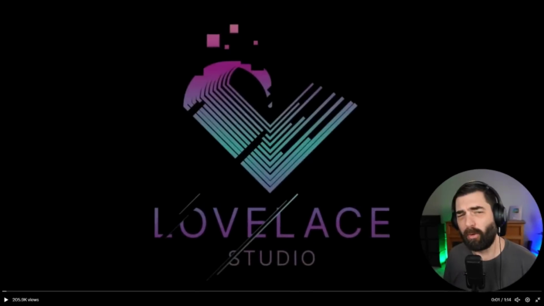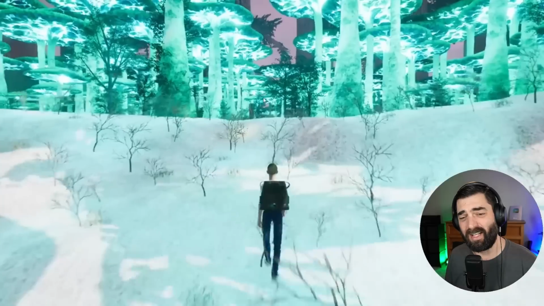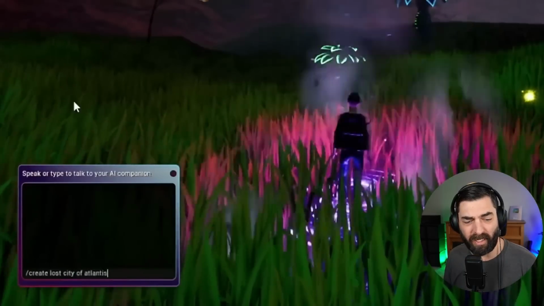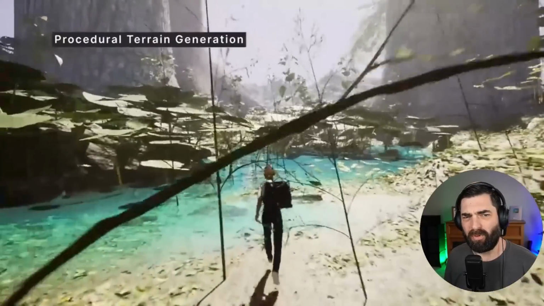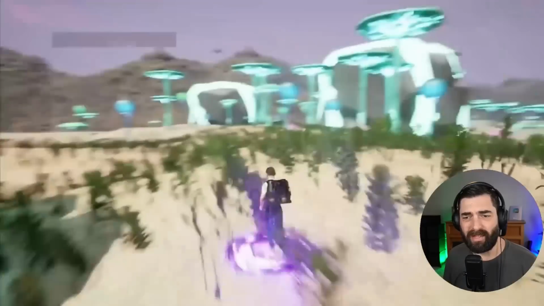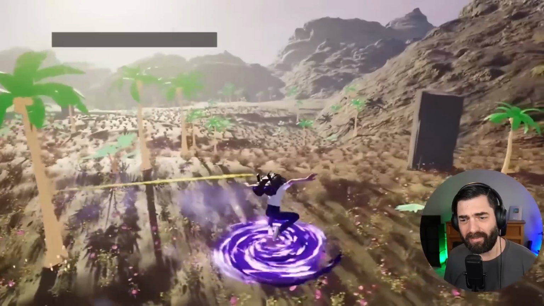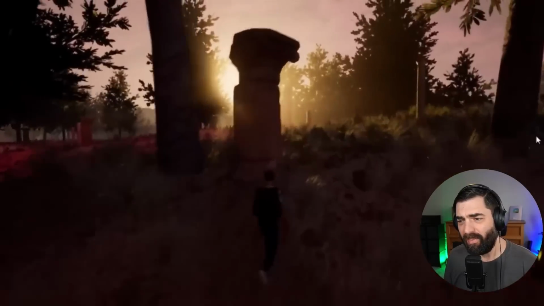Also on Monday, we got this demo from Loveless Studio where they show off their tool to create text-to-metaverse, essentially. We could see that this was an alien snowy world that they created, great lost city of Atlantis. This is what it created. Got procedural terrain generation, dynamic landscapes, dynamic geologies, dynamic lighting, dynamic post-processing, all sorts of cool features